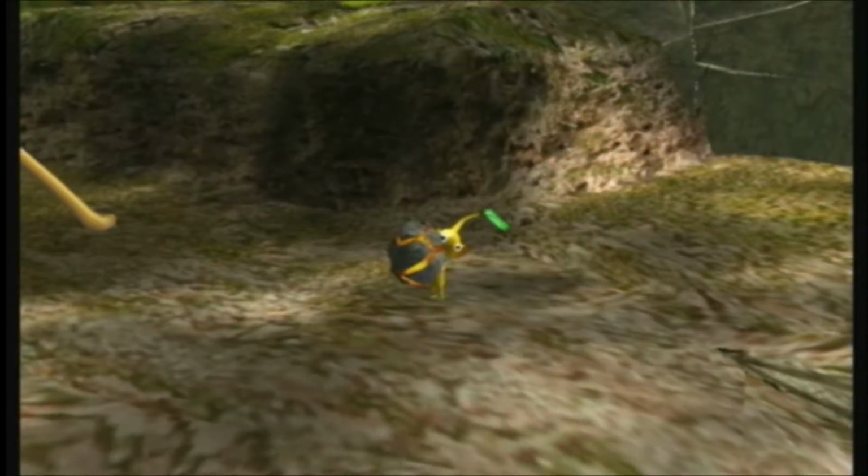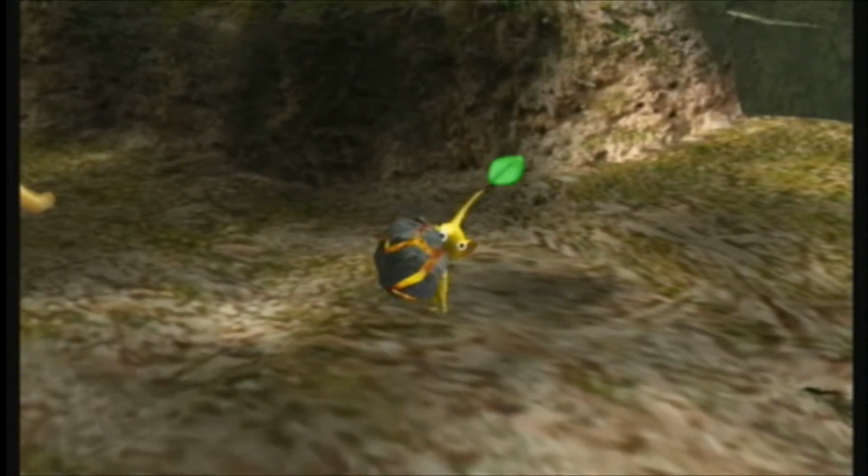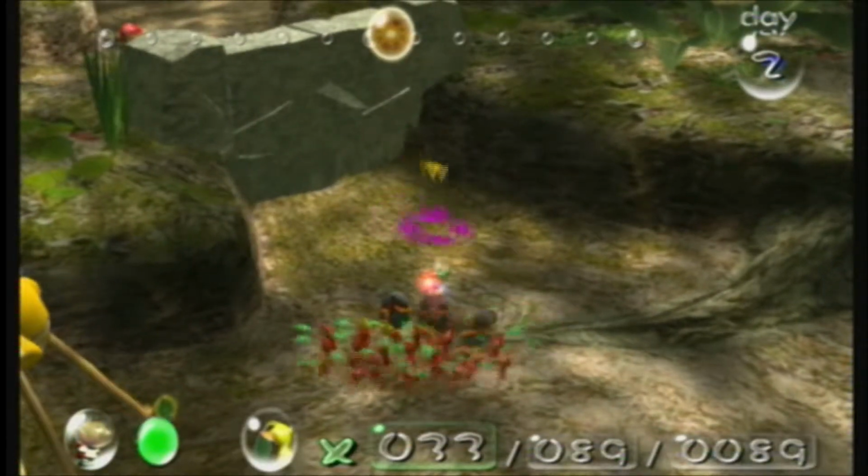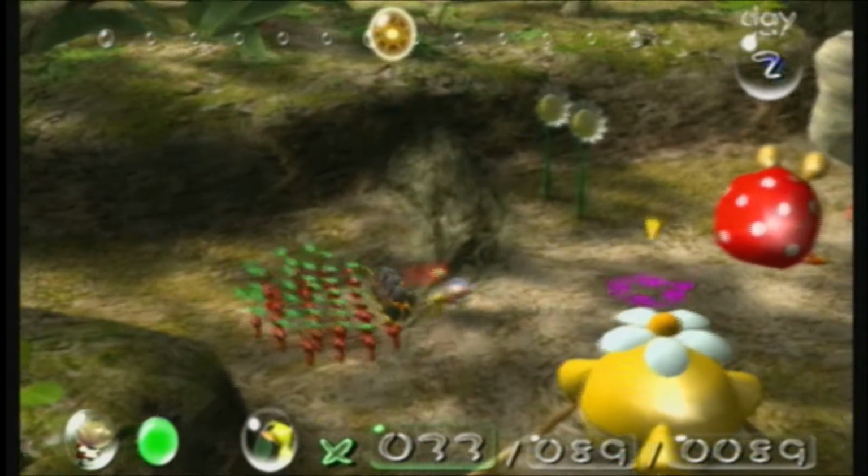These are bombs! Yellow Pikmin has picked up a peculiar stone. Why did it decide to grab it? This action seems to be instinctive to the yellow Pikmin. But just what are these strange glowing rock stones? Brightly glowing cracks all over them. Perhaps these cracks indicate that there is some tremendous power locked away within. This merits further research. Let's do this research by...